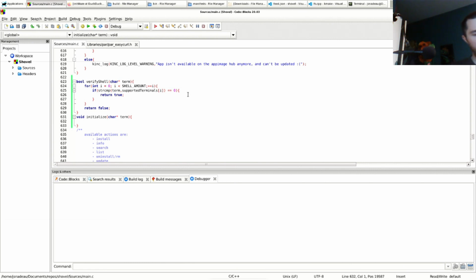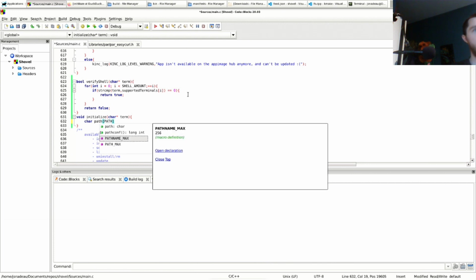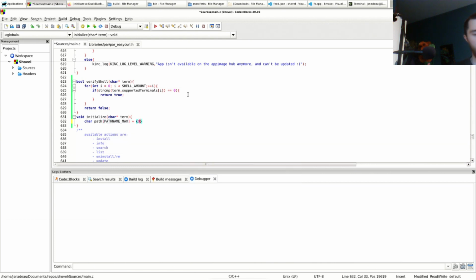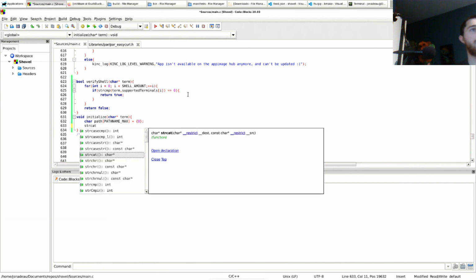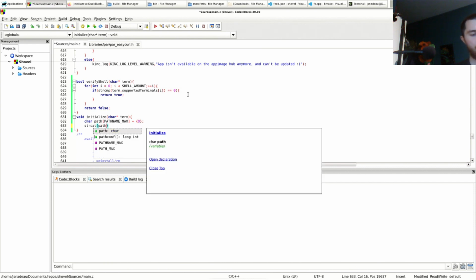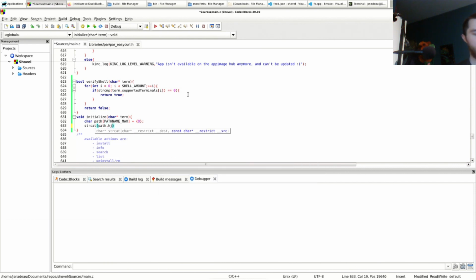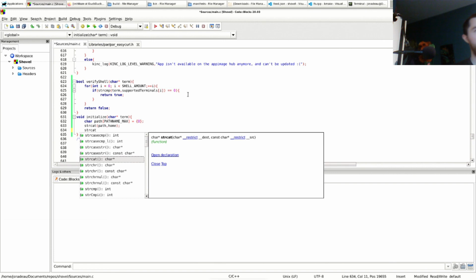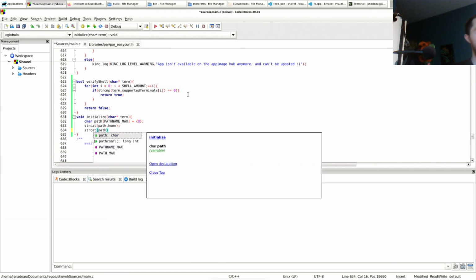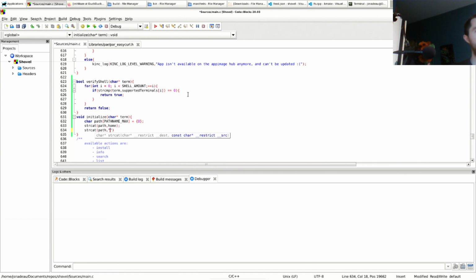So let's create a path. Yeah, we don't need that. Path name max equals 0. So we need to go get the bash RC. So we're gonna start by catting home. Then we're going to cat